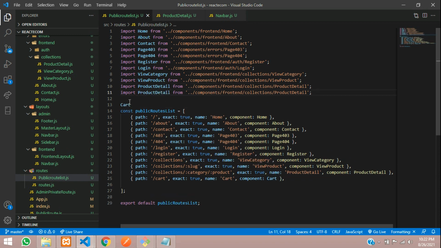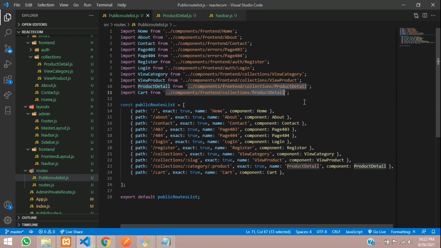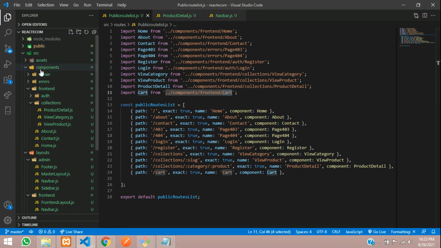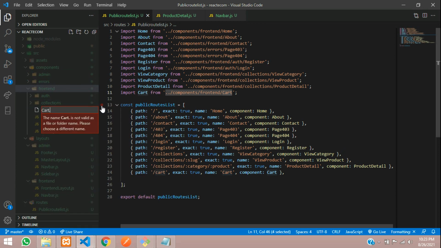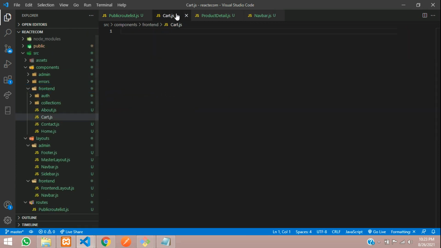Copy and paste, Control X, paste over here, and let's go to component front end, and I want the cart.js file. So let's move to the front end folder. Inside component front end I want to create the file with the name cart.js. All set.